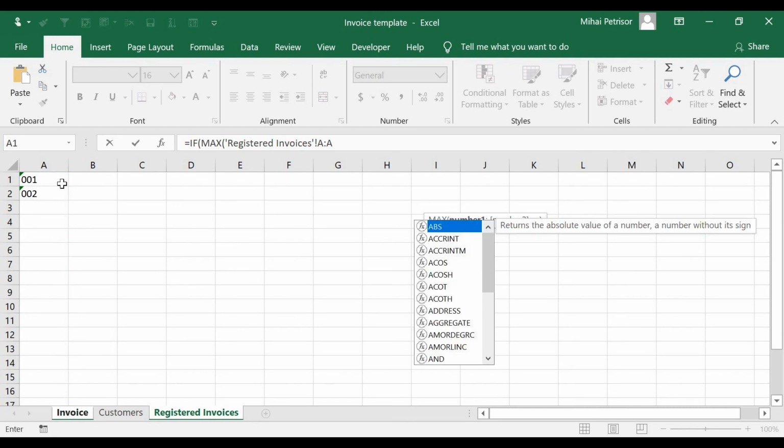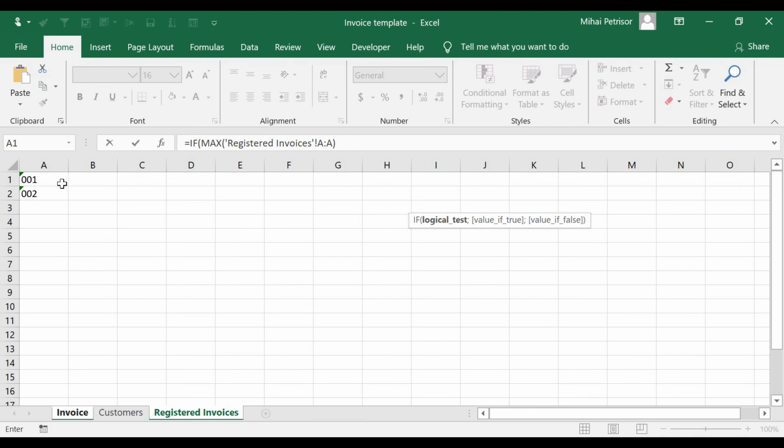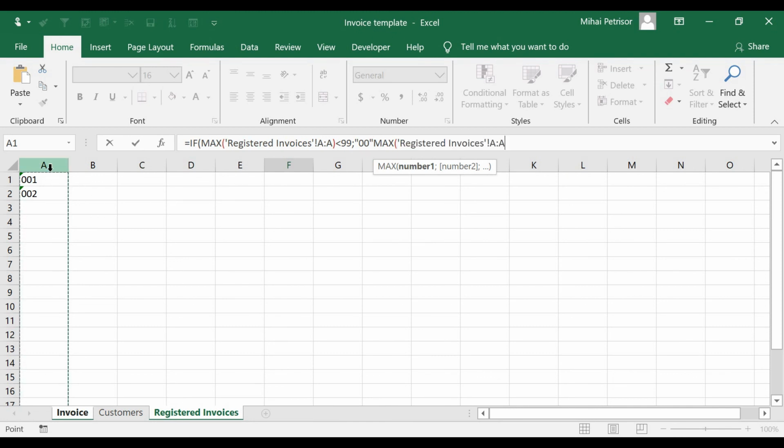okay, we'll close the brackets and say it's less than 99, we want to have, I will put a quote, a concatenate between 00 and the maximum of our cells plus 1. Okay,